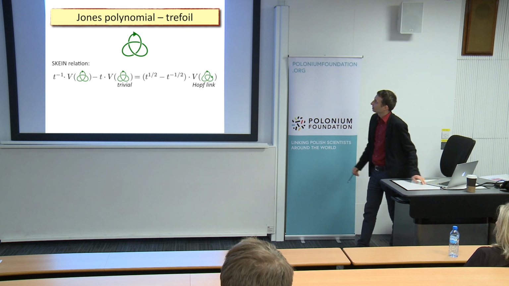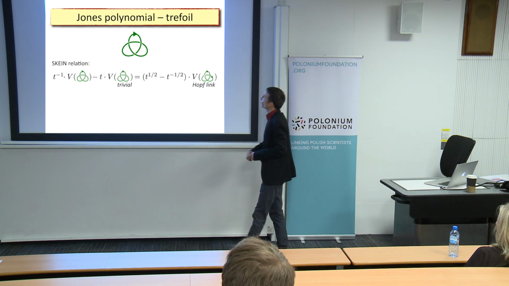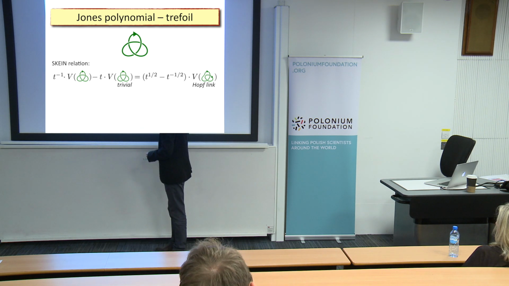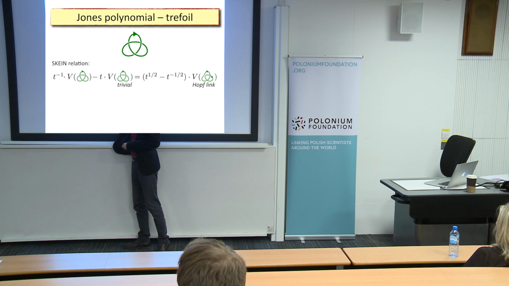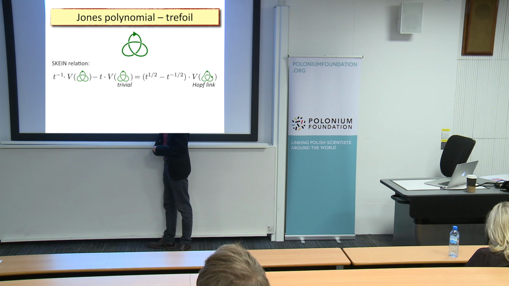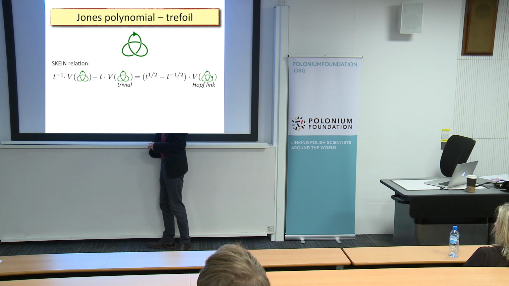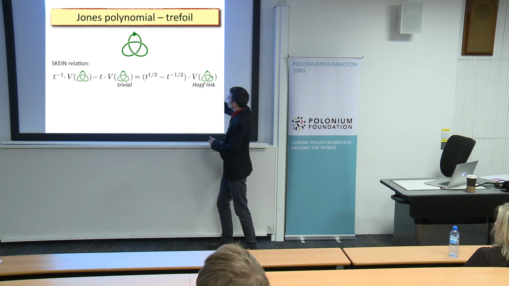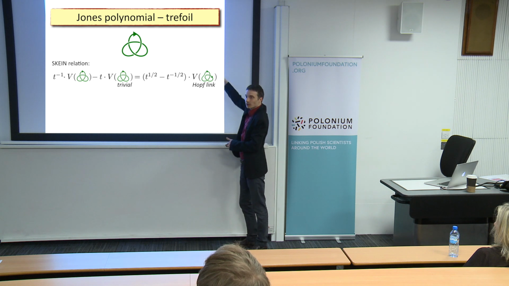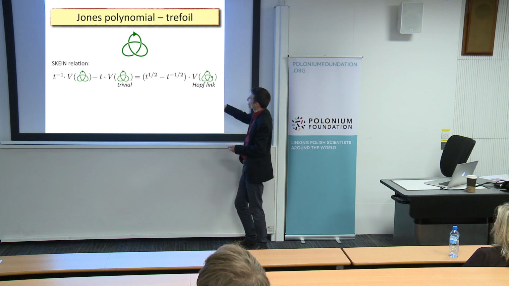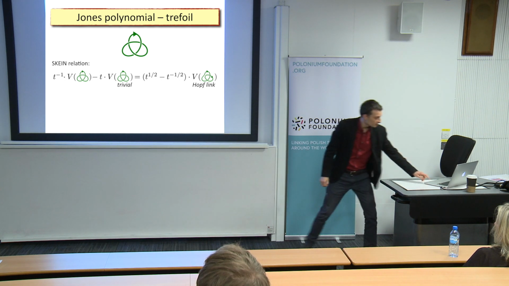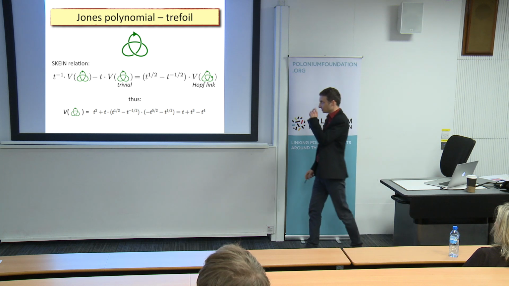And you can play with more complicated structures, of course. If you start with the trefoil knot, which is here, then I focus on this left crossing. So instead of this one, I replace it either by this thing. And when you look carefully, you see this is the trivial knot. So the Jones polynomial for that is equal to 1. And on the other hand, here when I smooth it, I get the structure which is just the Hopf link, for which we computed the Jones polynomial in the previous slide. So again, if I know the result for this thing and this thing, I can solve it and then find what is the result for the trefoil.